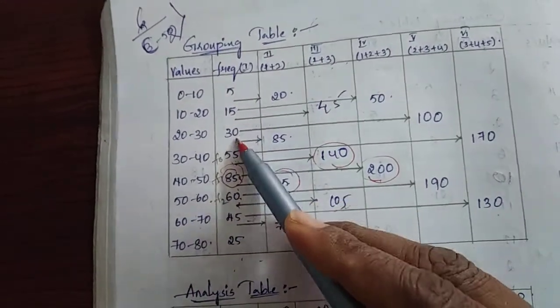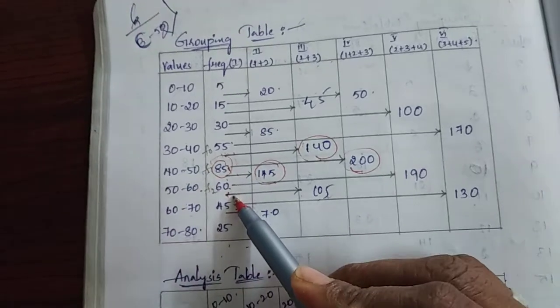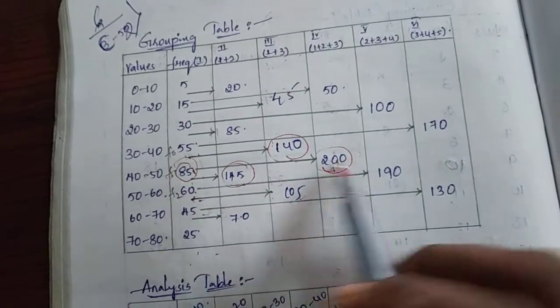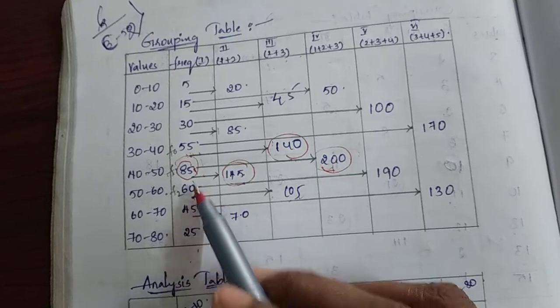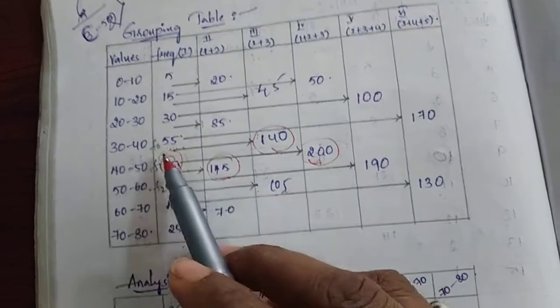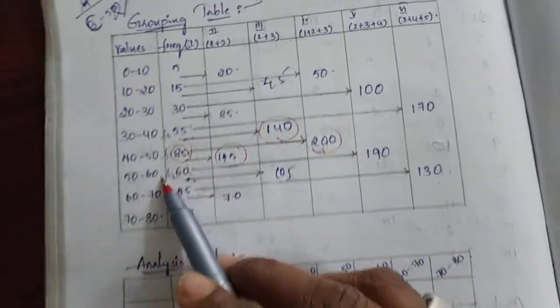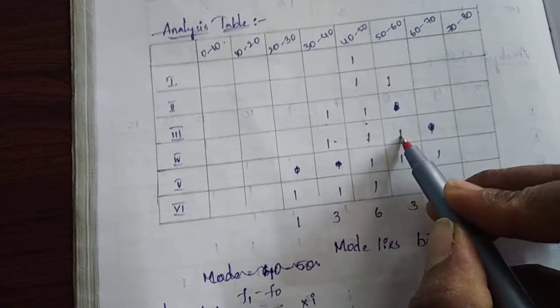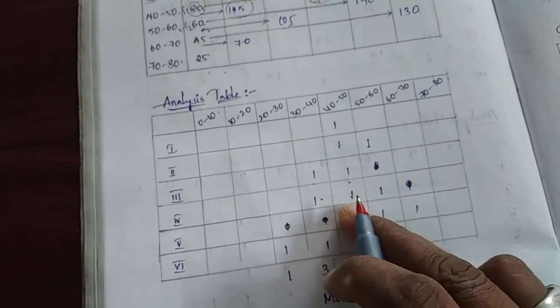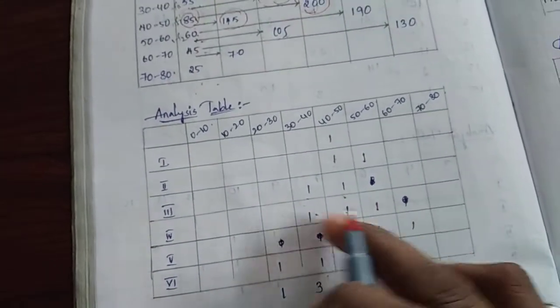So in that way we have to take groups of three. So 200 is the higher value. We got the 200 by adding 55, 85 and 60. 55 lies between 30 to 40, 85 in 40 to 50, 60 in 50 to 60. So where we have to mark: 30 to 40, 40 to 50, 50 to 60. By adding three amounts we got that value, so in the three class interval columns, we have to take it here.